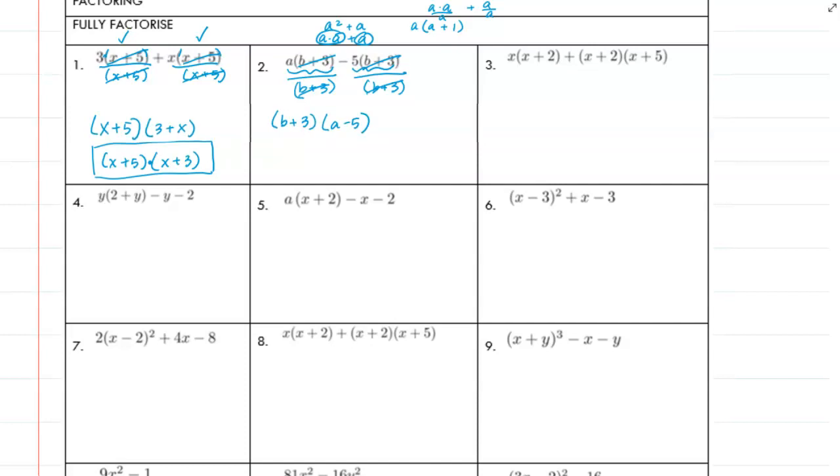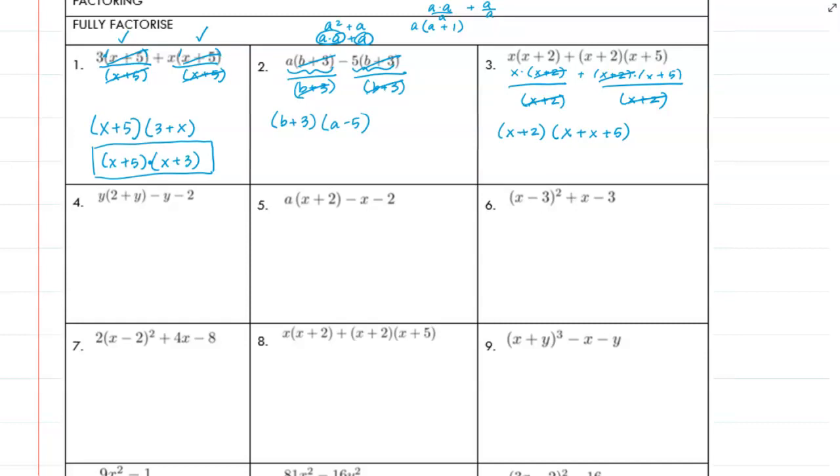Okay. Here we have an x times x plus 2, first factor, second factor, plus x plus 2 times x plus 5. First factor, second factor. What common factor do we have? X plus 2. Once again, factoring something out is dividing that term by that factor. So I'm going to divide this by x plus 2. Divide that by x plus 2. Simplify, simplify. And I get x plus